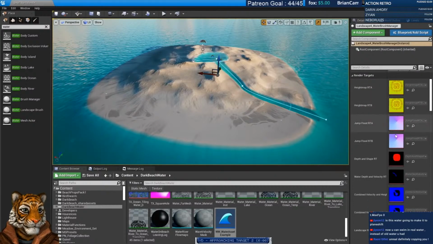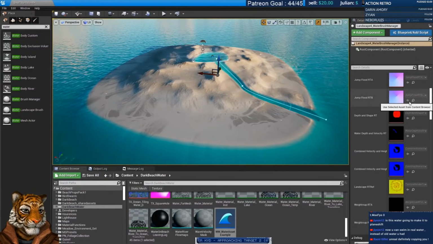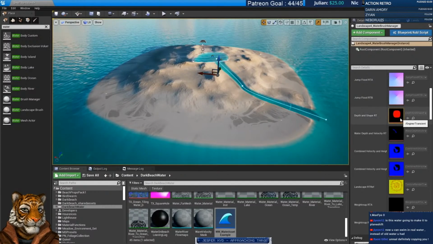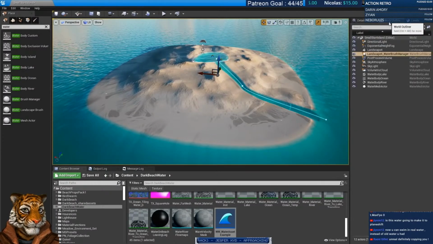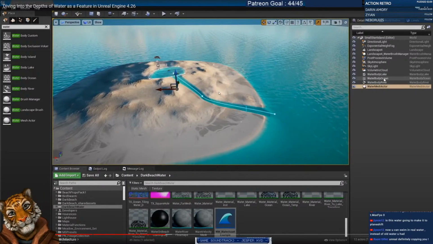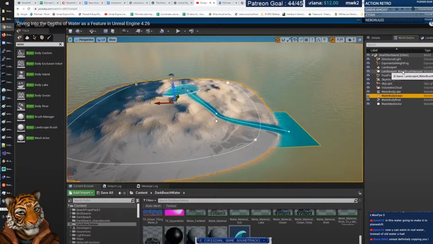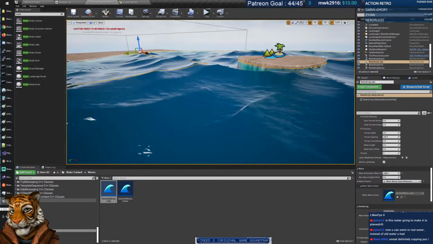So it generates all of this, and then using the information that is stored in these render targets, and this is all happening in the background, but that's how the system works, the water mesh, which is the actual water surface itself, because the ocean is not actually the water surface. That is merely telling the water. This is why when you change the